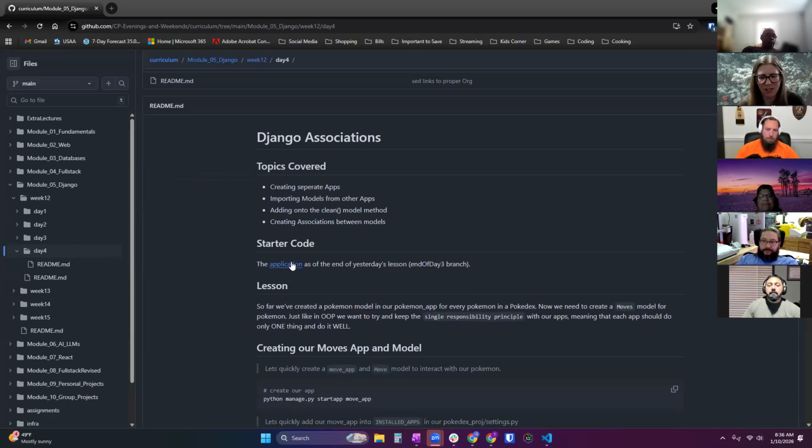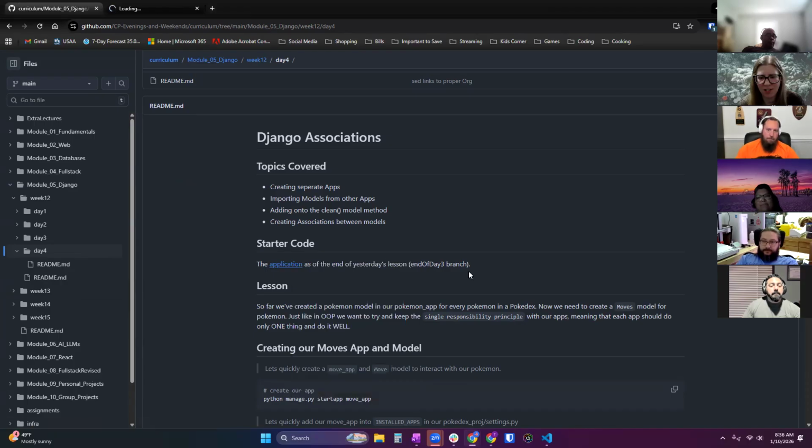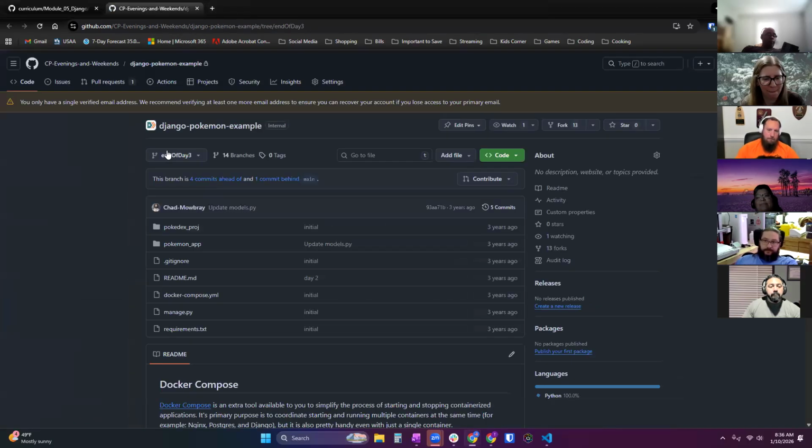It says this application as of yesterday's branch. You cannot fork a branch. I think it's possible, but it's not easy. There's a lot of manipulation you have to do. But hopefully, if you were following along, everything looks like how we have it set up at the end of Thursday's class.